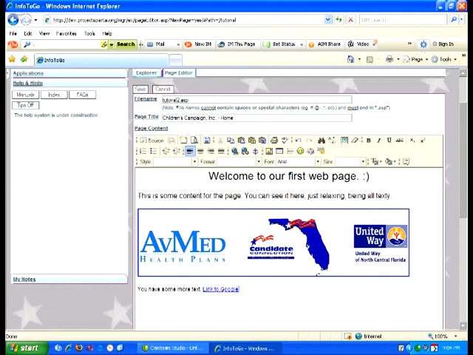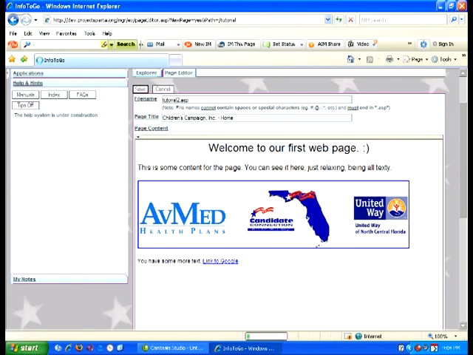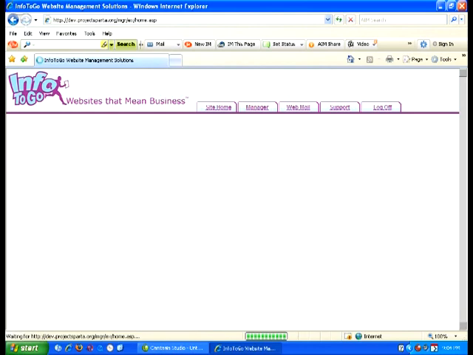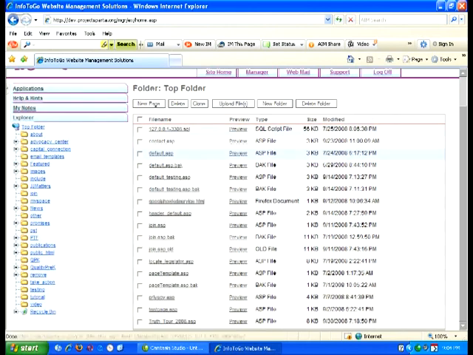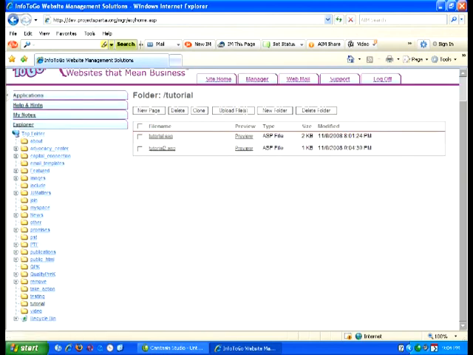So here's our first web page. We have our text, we have our content, image, more text, and a hyperlink. We're happy with what we have. Let's go ahead and click Save. And it's going to drop you back to the main Explorer screen. So don't be alarmed if suddenly you're not looking at the tutorial and you're lost. It's always going to put you back at the top folder. Just remember that and you'll be fine. Let's go back to the tutorial directory. And there it is,